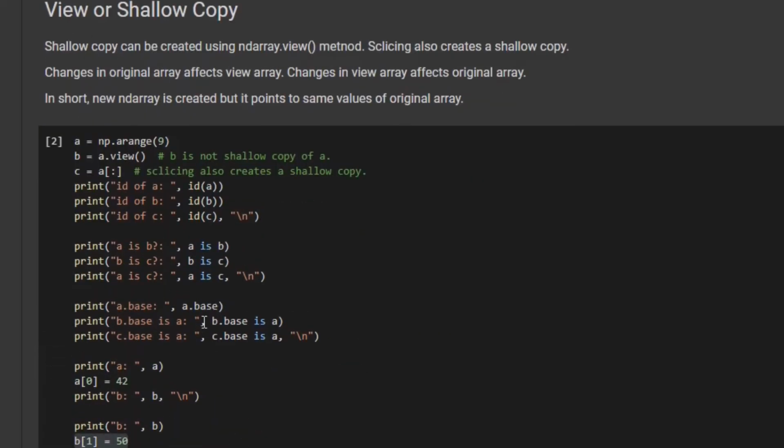Guys, there is one more thing I would like to tell you here. I would recommend you to do lots of assignments. In upcoming videos, when we learn slicing, I would recommend you to come back to this shallow copy. Play around with it because shallow copies are used extensively in NumPy. Take this as an assignment and play around with these shallow copy methods a lot.